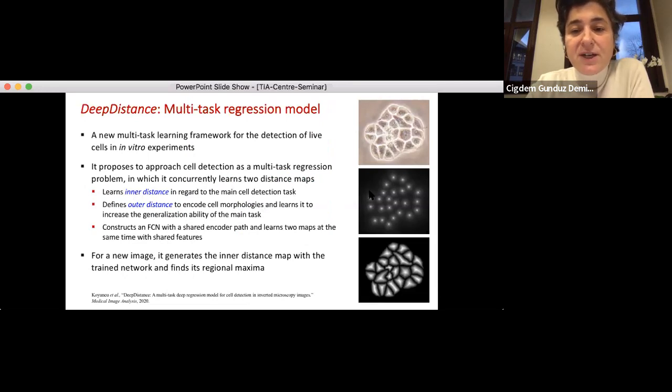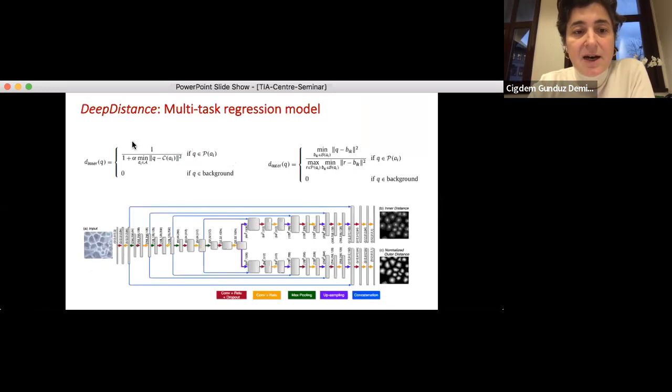So as illustrated here, we have higher values at the cell centers, and we have the outer distance. So this distance is defined to encode cell morphologies. As you see in this example, it gives you a skeleton-like representation for each image, and these are the